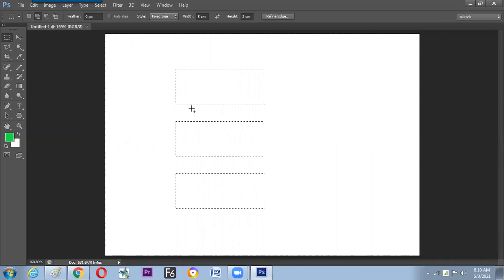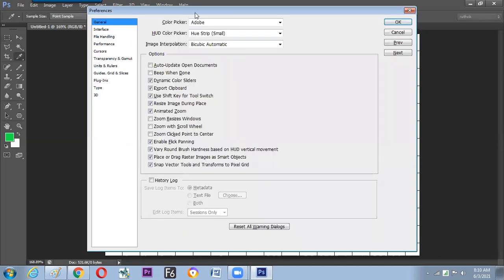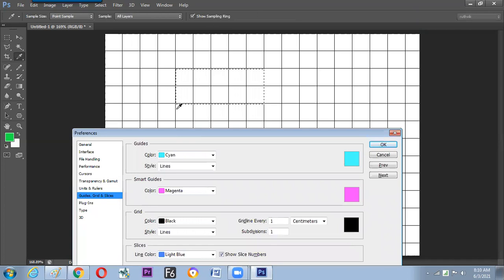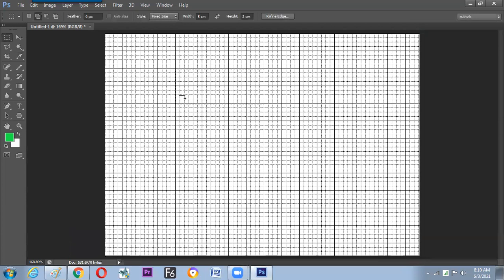Now if you need a smaller gap, open the grid, go to the grid settings by Control K and increase the subdivisions. If we need only this much of a gap, then we can divide this centimeter into 4 parts. So we find closer lines, click okay. Because the size is fixed, we only need to click, and within one gap we can create multiple selections.